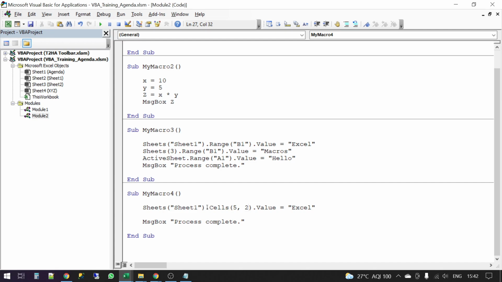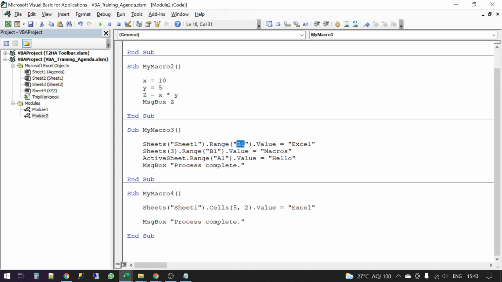Take a minute, absorb this fully, because this is what you are going to eventually use. Range is very basic. You need to understand range because whenever you record code, it will record it as Range B1 or something like that. It will never record it like this. You need to know that if you have to automate multiple cells, you need to give them numbers like rows and columns. I'll tell you one very basic thing as to why this needs to be done.